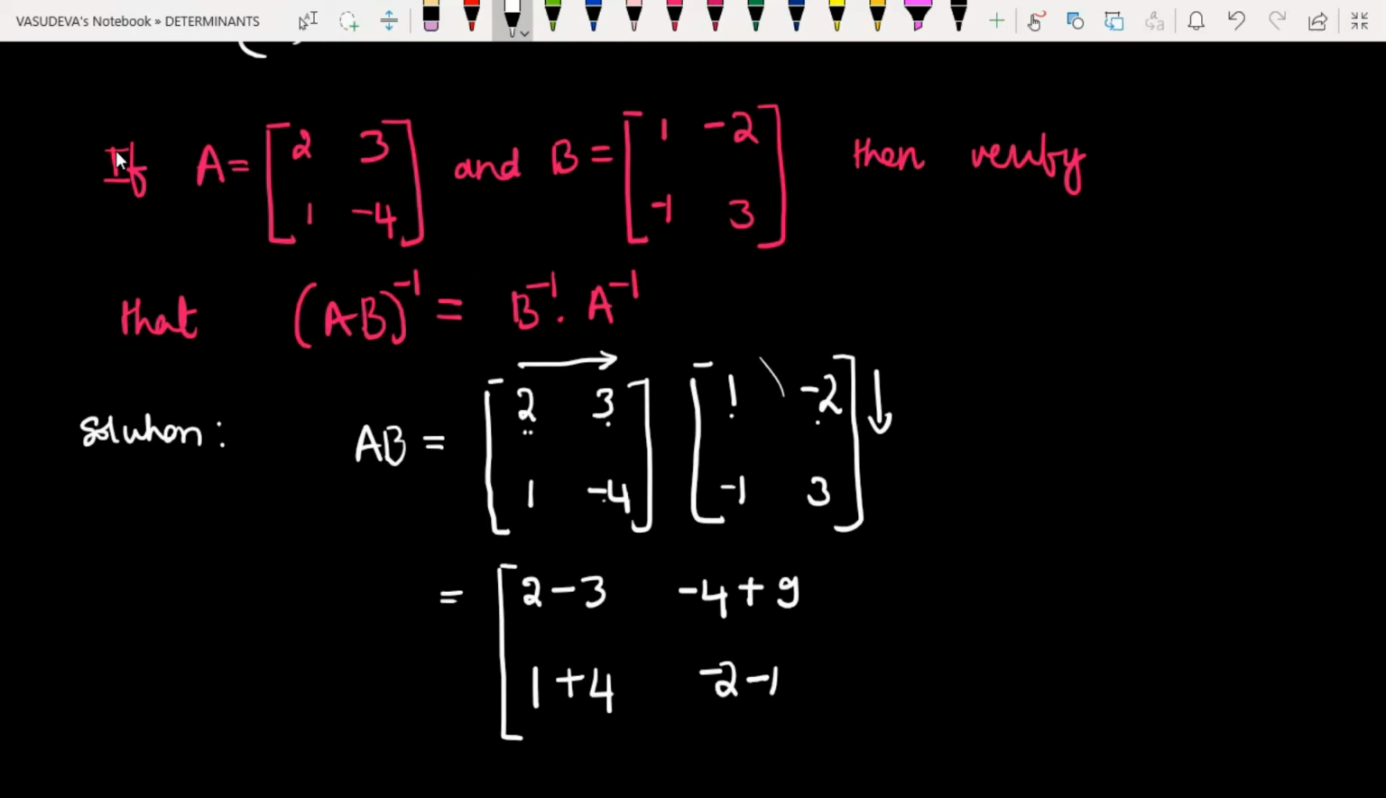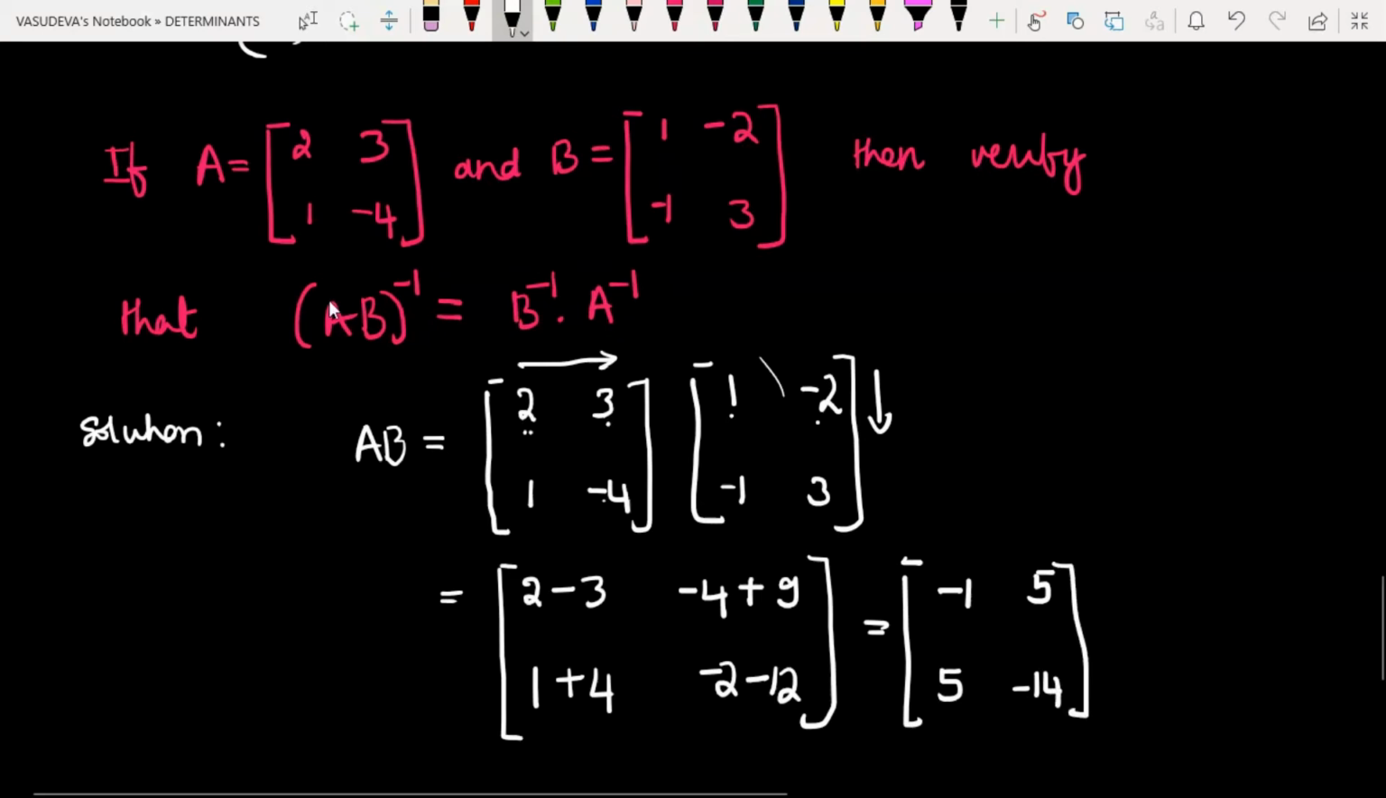Minus 12. So now this is equal to 2 minus 3, minus 1 minus 4 plus 9 is 5, and this is 5 minus 14. This is AB. So now